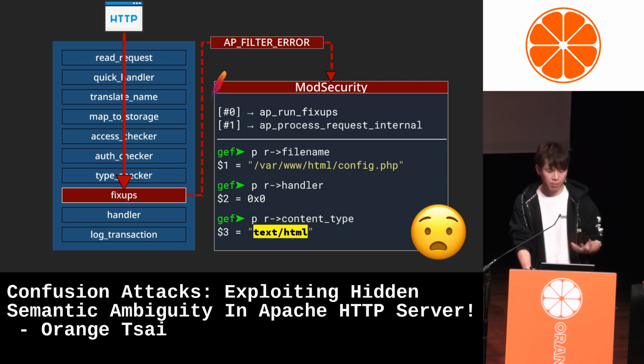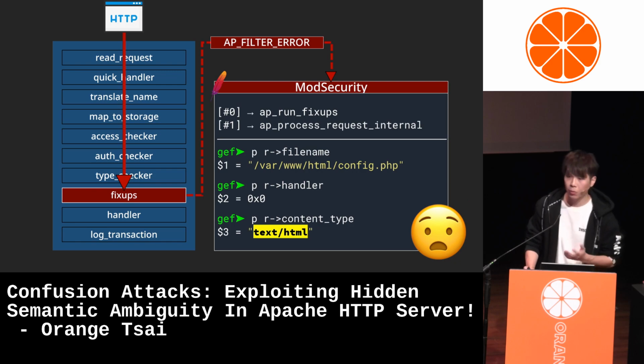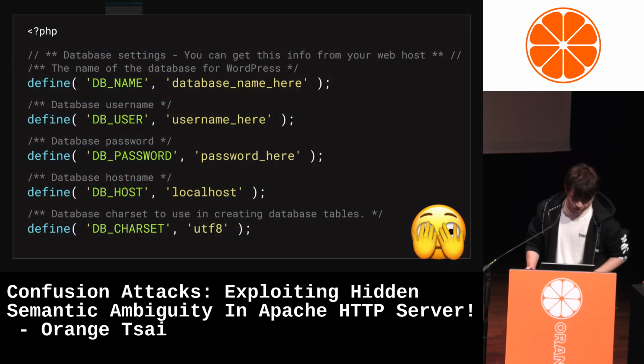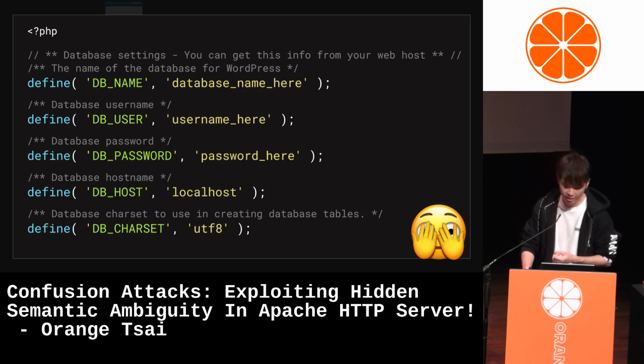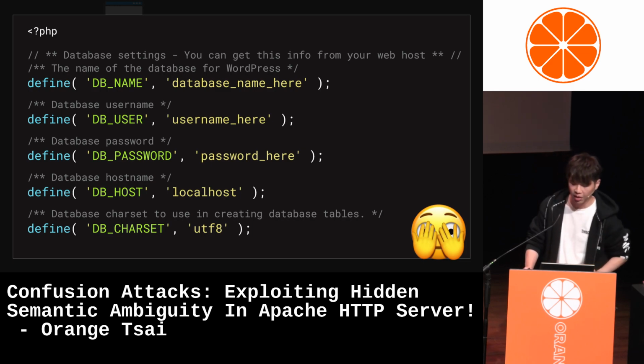And since the error message is in HTML, it sets the current content type to HTML. So the config, which was supposed to be executed as PHP, is treated as plain HTML now, exposing all the sensitive content to outside.